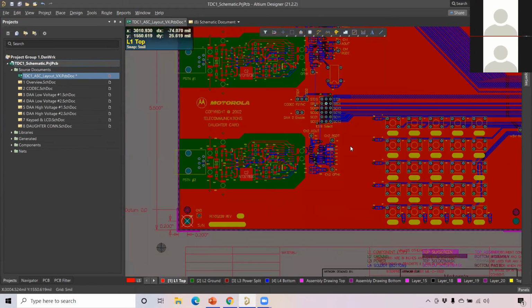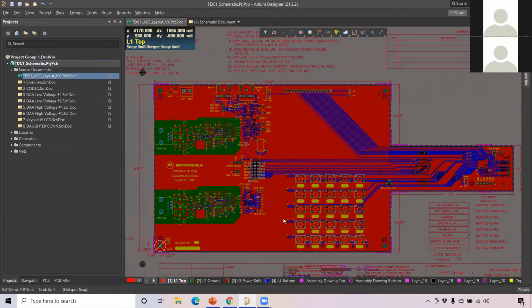So this is the second step we have to do after doing your DRC check. Next I'm going to show you the synchronization, how to synchronize between your PCB to schematic and schematic to PCB. We have to synchronize the electrical objects from the PCB to the schematic, because the files are from different software.